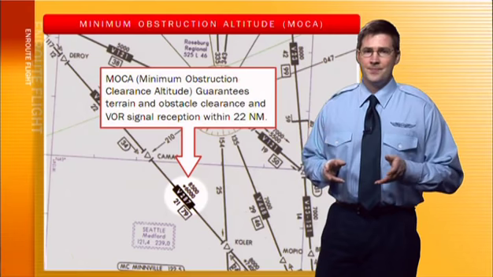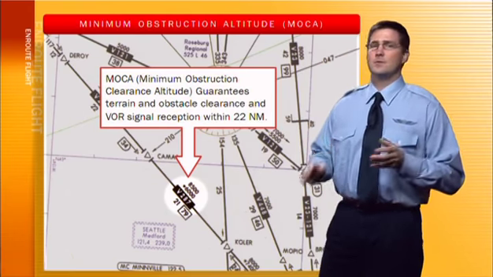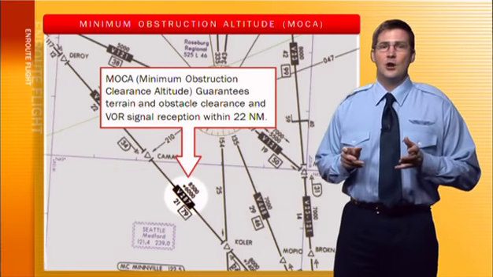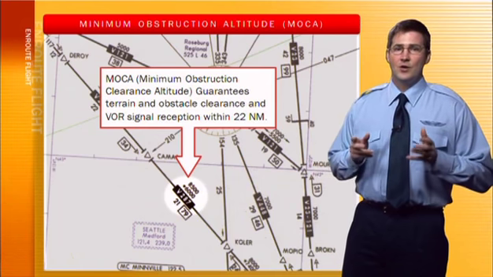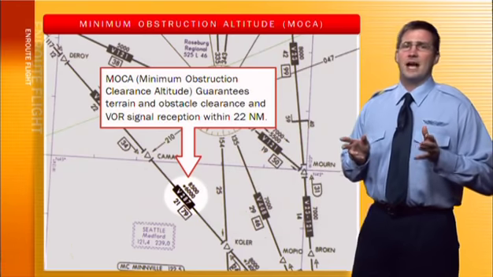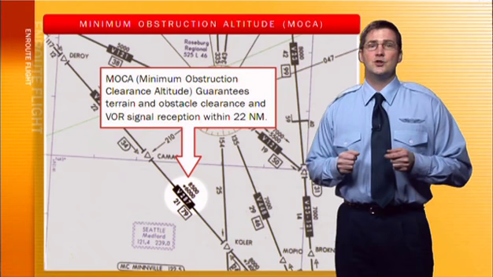Now, here's another altitude. This one is the MOCA. No, I don't mean a fancy caffeinated beverage, but the MOCA stands for the minimum obstruction clearance altitude. Now, a MOCA is often co-located with an MEA and shown here with an asterisk, and you can see that right down here. The MOCA provides obstruction clearance, but does not guarantee radio coverage unless you are within 22 nautical